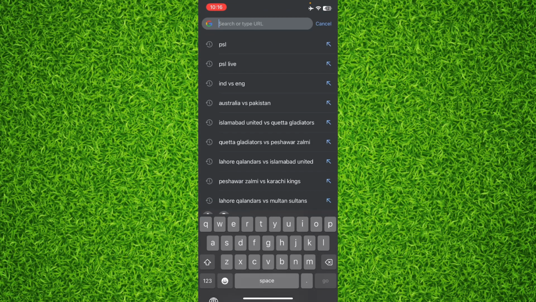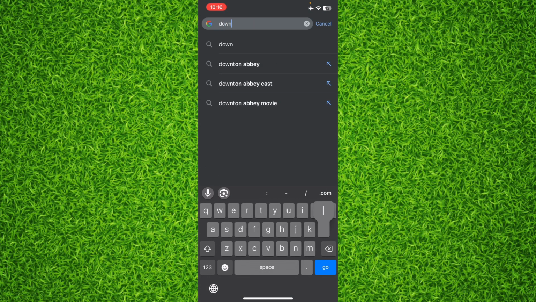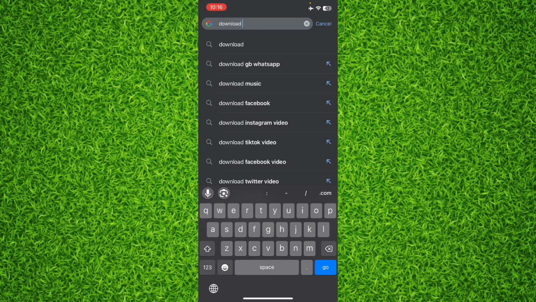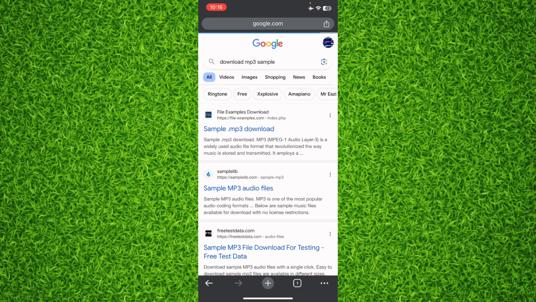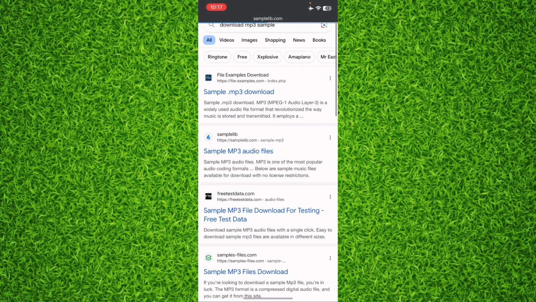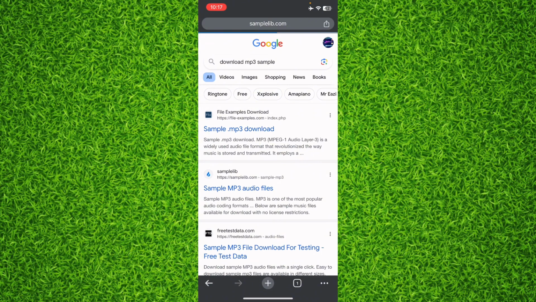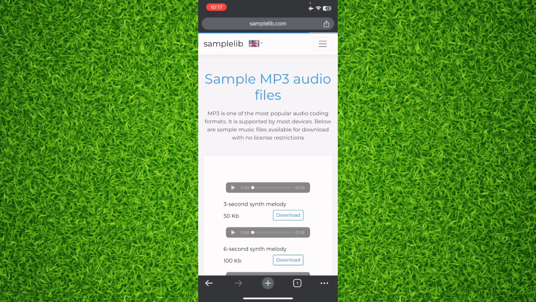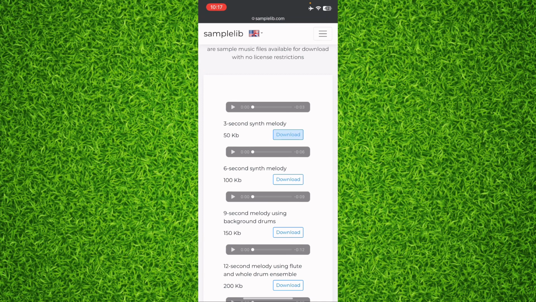and then I'll simply download an MP3 sample to show you. Now I'll simply open this website, and it is taking too long to load. And once this site opens, I'll simply tap on download,